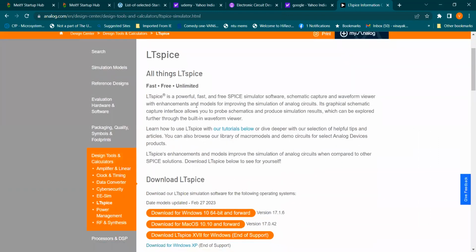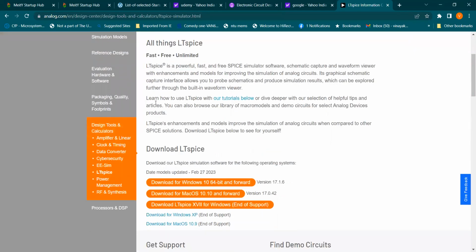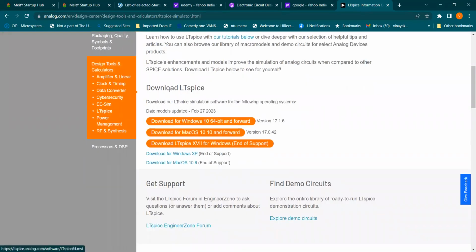So you see all the information about LTSPICE, and there is a download option, download LTSPICE. So there are three versions here: download for Windows 10 64-bit and forward. There is a version 17.1.6. There is a download for Mac OS, and there is a download for Windows, but here it says end